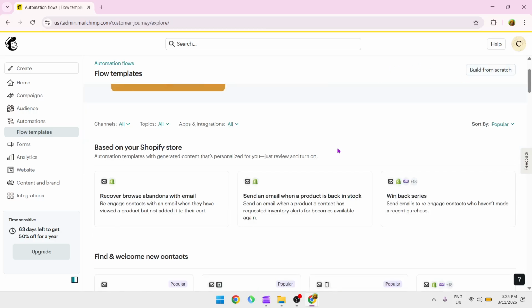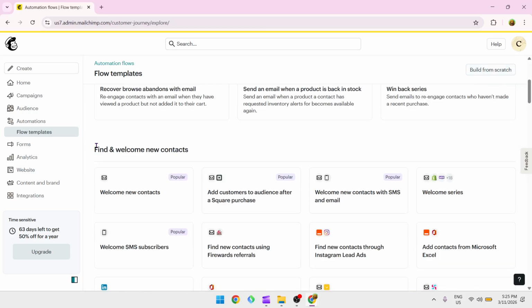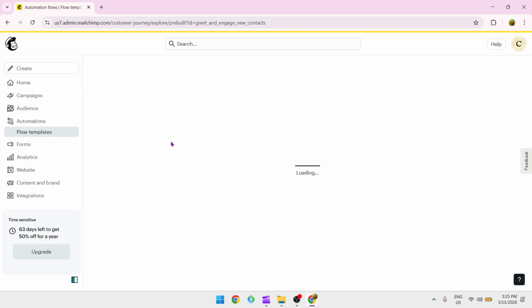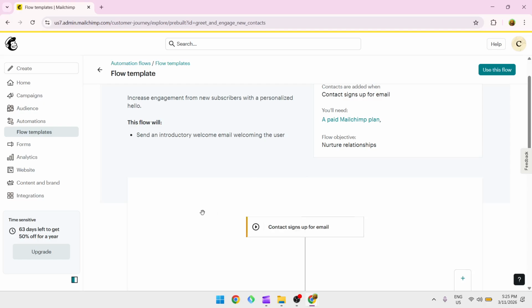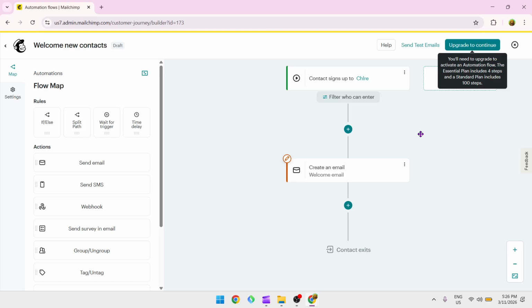Now from here, scroll down and look for the find and welcome new contacts section. Then click on welcome new contacts template depending on your template options. As you can see, this is a pre-made template automation that you can use and customize instantly. So to use this, click on use this flow and the starting point is set to contact sign-ups to your